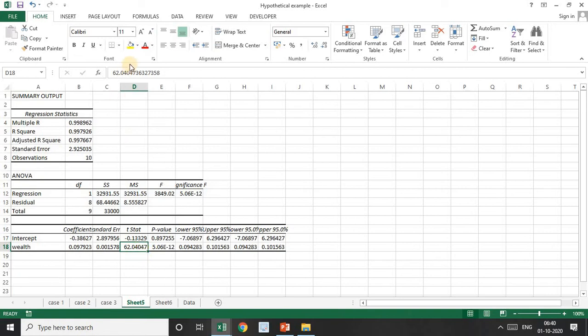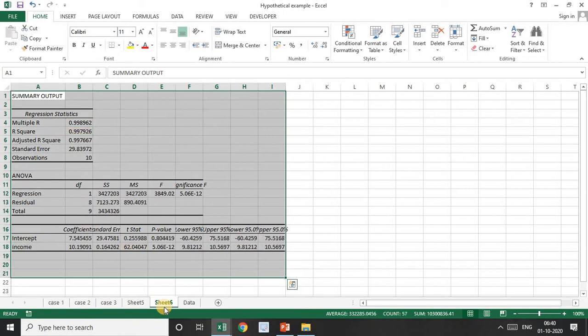You look at this value, it is highly significant. And look at this R square, it is 0.9979 something. What does it mean? Y is a function of wealth. Income is basically a function of wealth. So any variations in income are fully explained by the variations in wealth. That means whenever your wealth varies, your income varies. And if you take the last one,